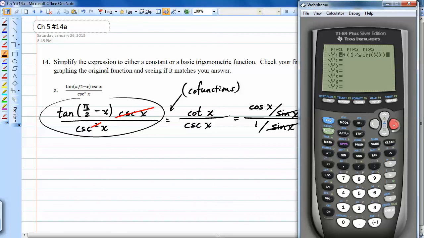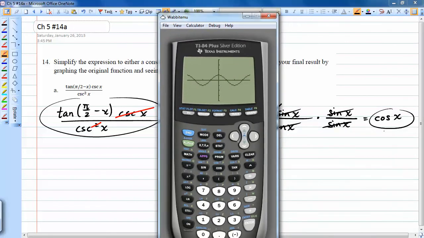Okay. So now I need to divide by cosecant x squared, so that is divided by 1 over sine x squared. There we go. Hopefully this is going to look like cos x. So let's graph it. I'm going to go zoom trig. It kind of makes sense that it would be pretty slow since it's trying to do a way more complicated version of this. And sure enough, it looks an awful lot like cos x. So I'm going to assume that is cos x and put a nice little check and a happy face and a star and a rainbow. So now I win, and there's nothing